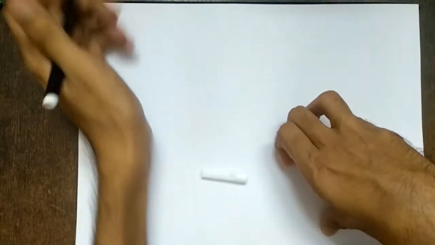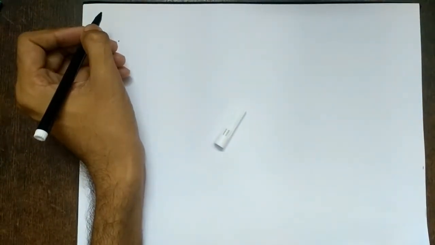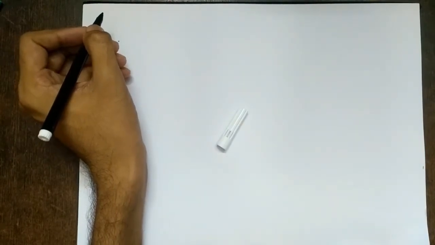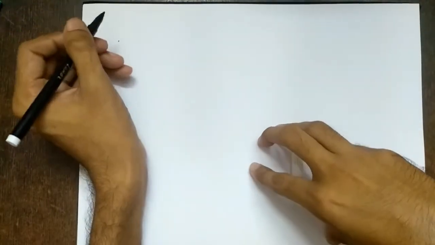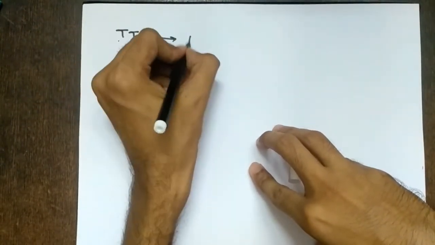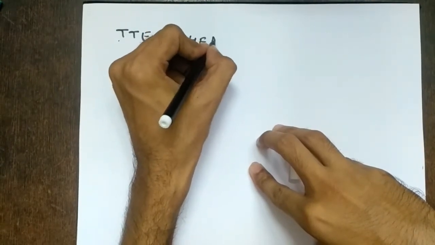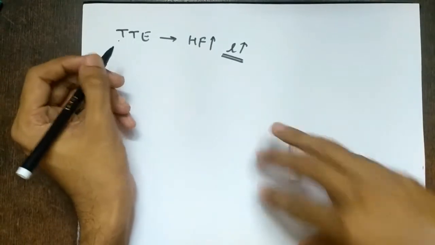So we have started with a very interesting topic, which is transmission lines. Transmission lines transfer energy from one point to another. Examples are your coaxial cable, TV cable, and optical fiber cable. There is an effect called the transit time effect, which is exhibited especially at high frequencies and when the length of the transmission line is very high.